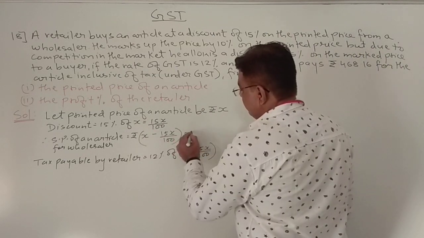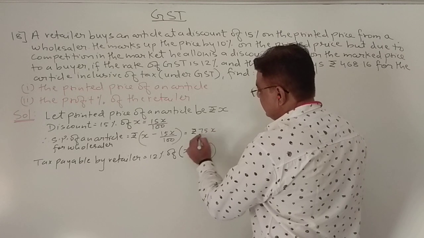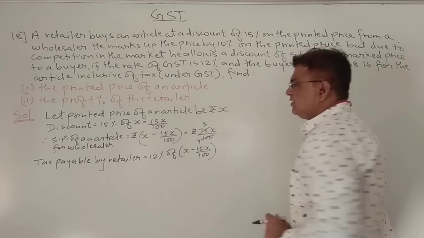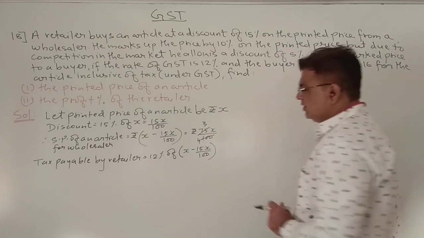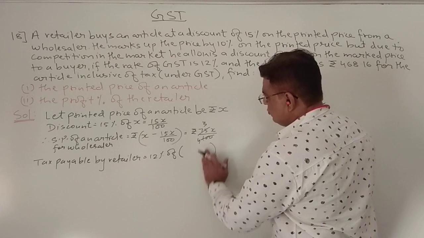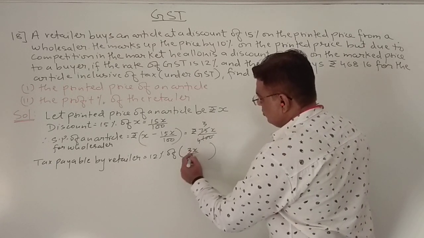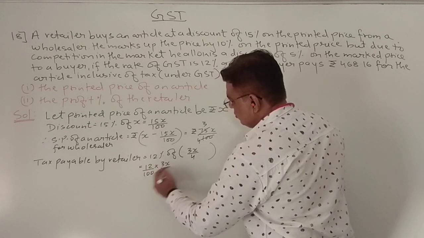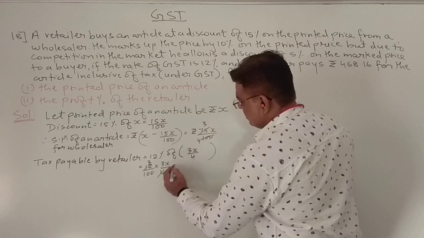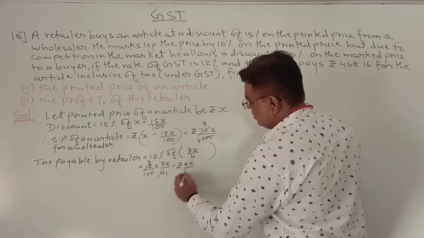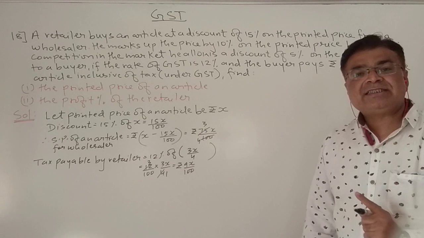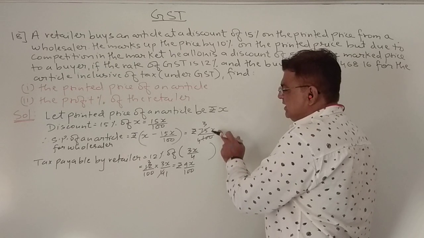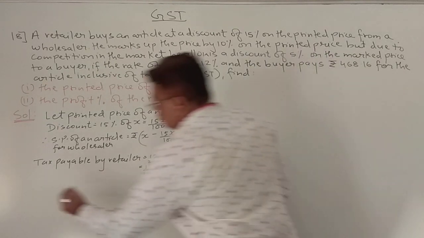So this is nothing but rupees 75x upon 100. And if you further reduce it, 25 3s are 75, 25 4s are 100. So here I will directly replace it, so it is easy for calculation. So it will be 3x upon 4, and when I calculate, it is 12 upon 100 into 3x upon 4. So 4 1s are 4 and 4 3s are 12. So how much tax is paid by the retailer? 9x upon 100, and at which price has he purchased? 3x upon 4. So therefore